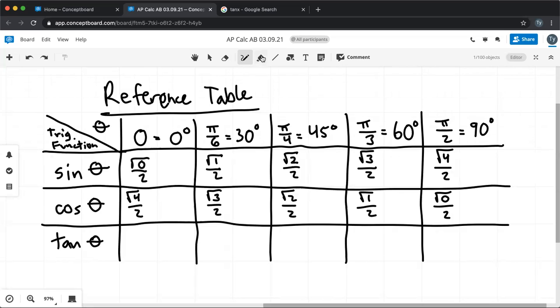Quick note here, pi/6 is 30 degrees, but pi/3 is 60 degrees. That always helped me figure them out. Okay. So we read